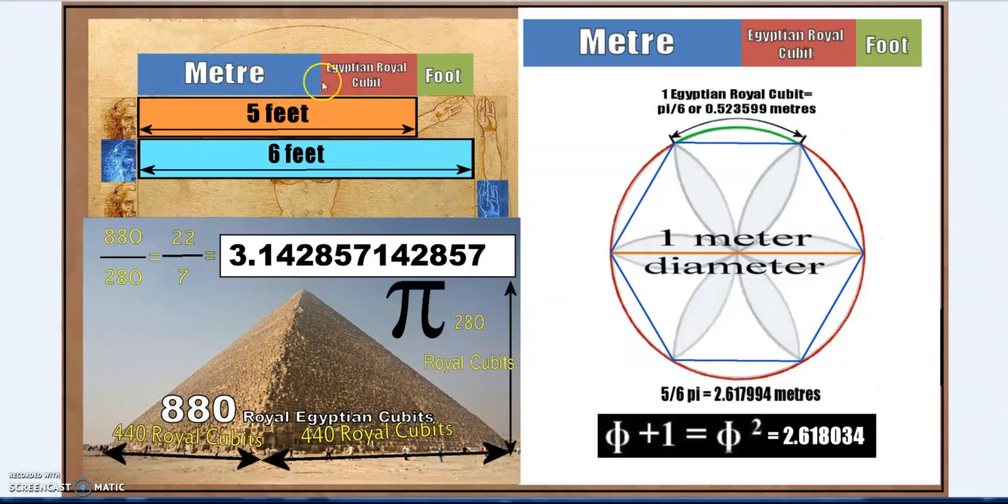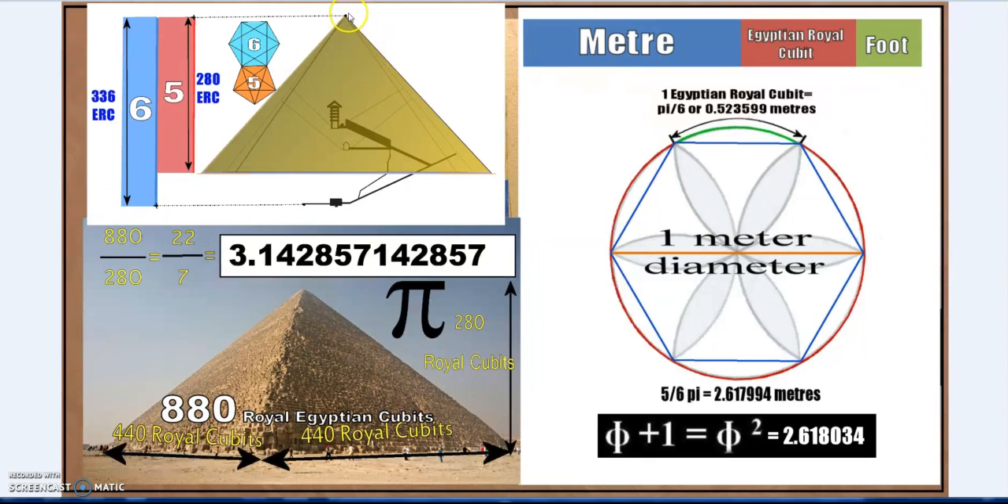So back to the relationship, meter plus Royal Egyptian cubit plus the foot being 6 feet, or this 5 feet to 6 feet ratio, as in 5 over 6 pi being phi plus 1 or phi squared meters, therefore 5 to 6, which is also in the Great Pyramid, because the maximum visible height of a pyramid is 280 Egyptian royal cubits, yet including the subterranean, the below the surface is a 6 to 5 ratio, 336 to 280, which is an important feature, and we'll link